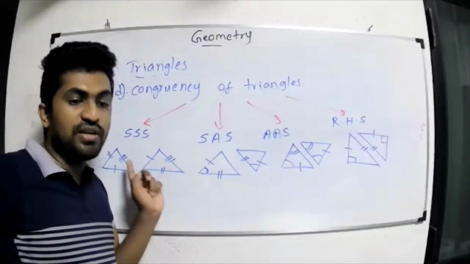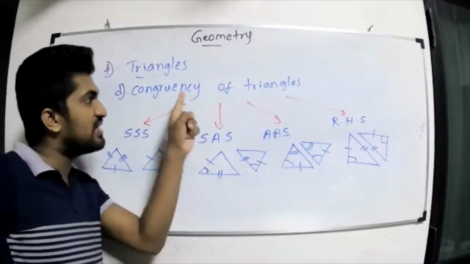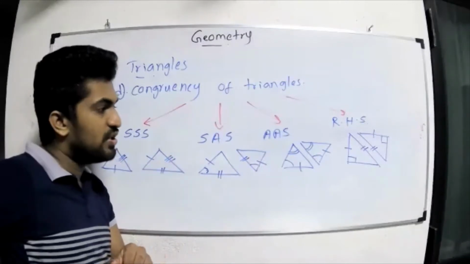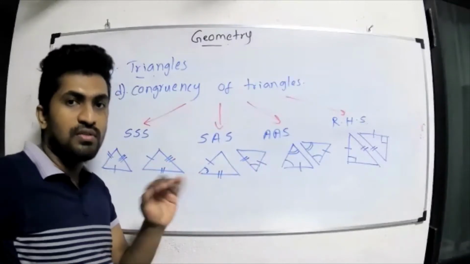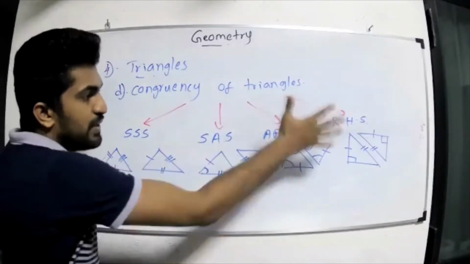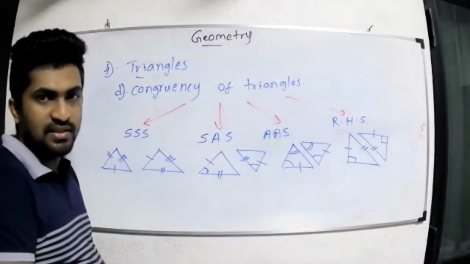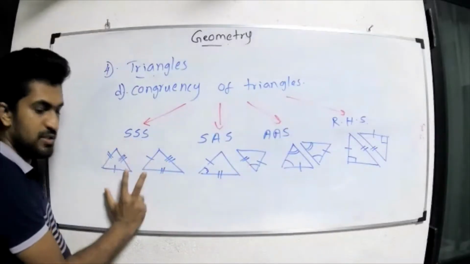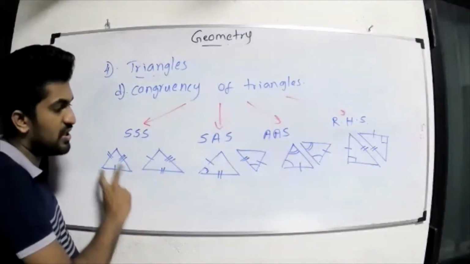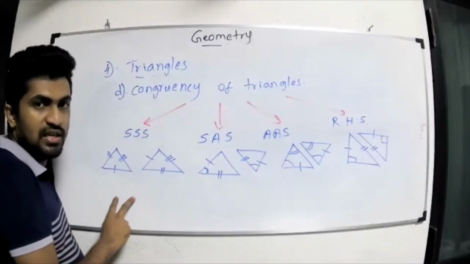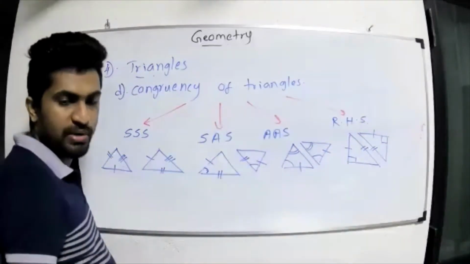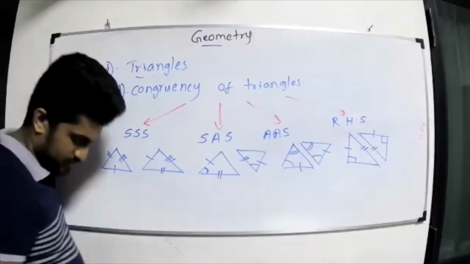So triangles, it is not having a DNA test. So what is the test we call it? Congruency. In humans and in animals, you can do a DNA test to prove your origin. Like that, triangles are having these 4 methods to show they are the same, identical. If I consider the SSS method, that means I have to get 2 triangles and prove their all 3 sides are equal. Then I can say 2 triangles are congruent in the SSS method. Got it?